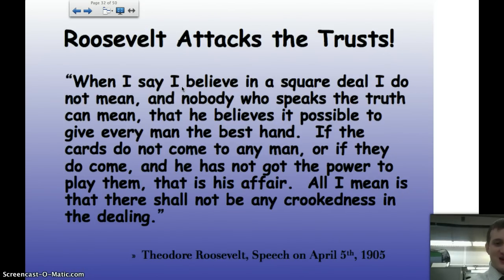He is going to directly attack the trusts. He says, quote, "When I say I believe in a square deal, I do not mean, and nobody speaking the truth can mean, that he believes it is possible to give every man the best hand. If the cards do not come to any man, or if they come,